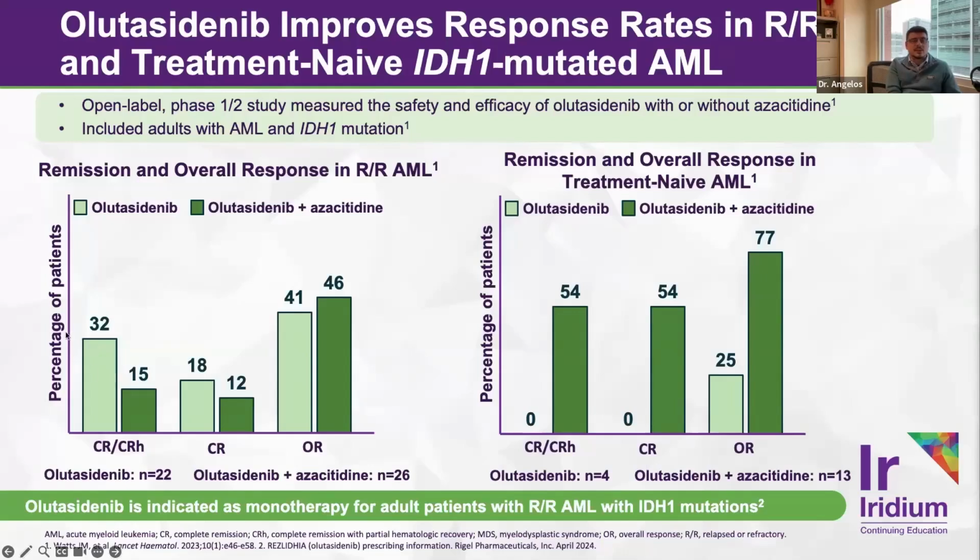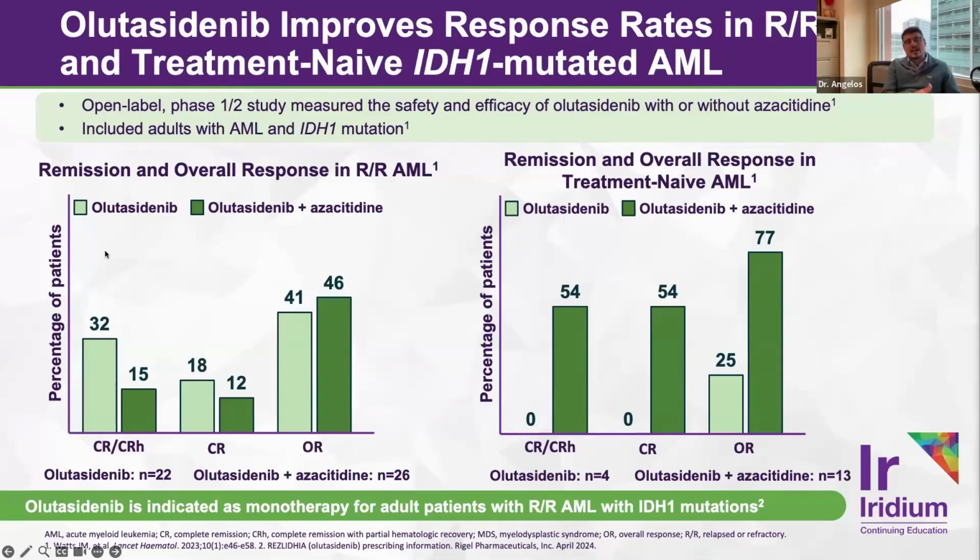But I would just say from the trials that have been published looking at this in the relapse refractory setting, overall, it looks like outcomes are relatively similar. So generally in my practice, because ivosidenib has been around a little bit longer, there's a little bit more robustness to the data that's available. And we also know how to deal with the approvals and the insurance companies to get the drug for our patients. I generally do reach for ivosidenib first.